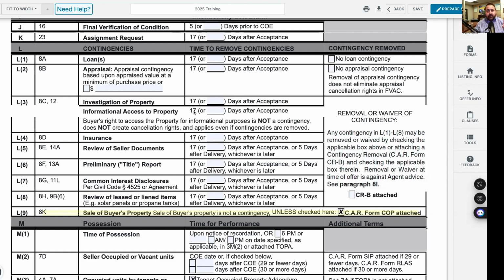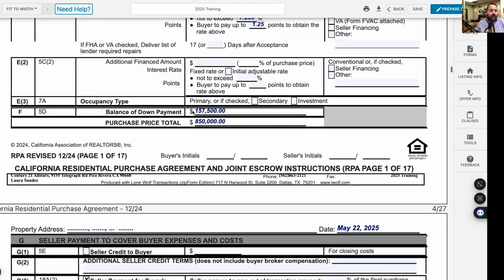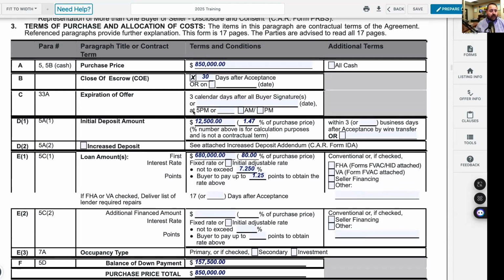One other time period where you can use a notice to perform, which I skipped over, is the initial deposit amount. We have 3 business days for the buyer to put their earnest money deposit into escrow, which is also a contractual obligation, so if they aren't performing we can use it to send a notice to